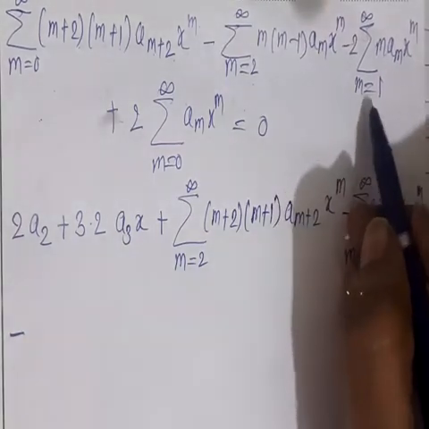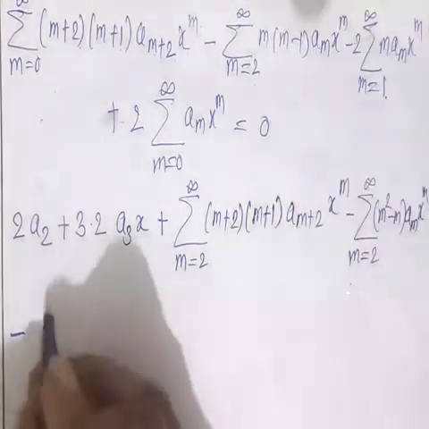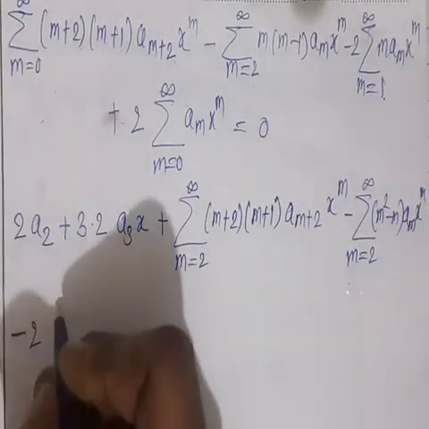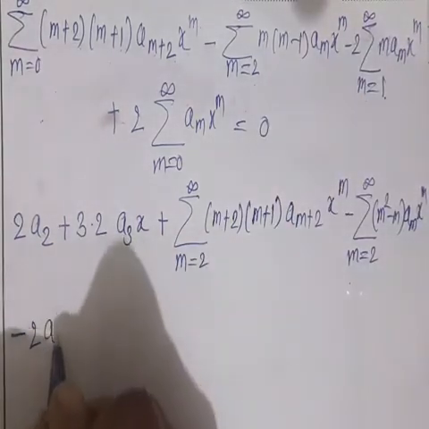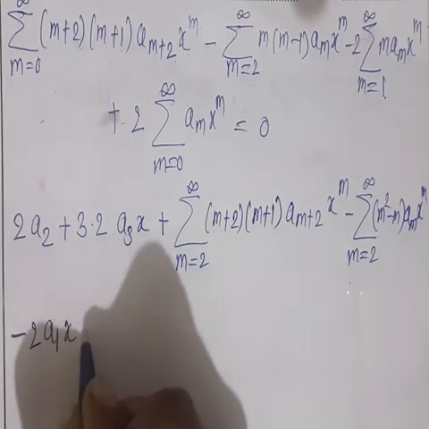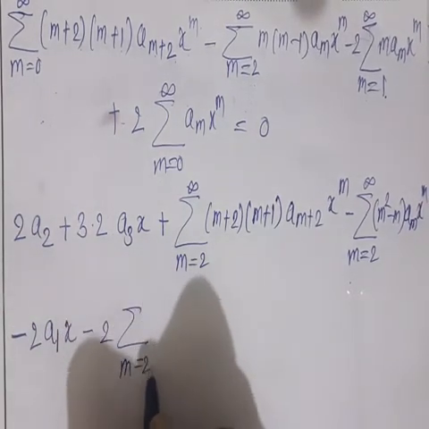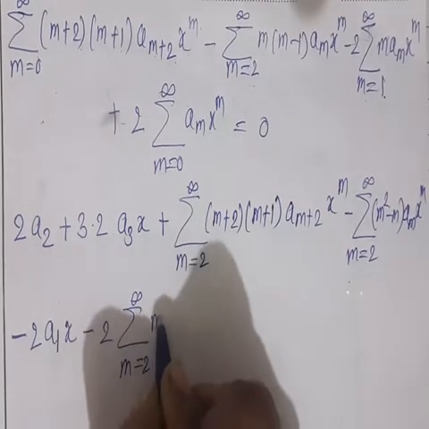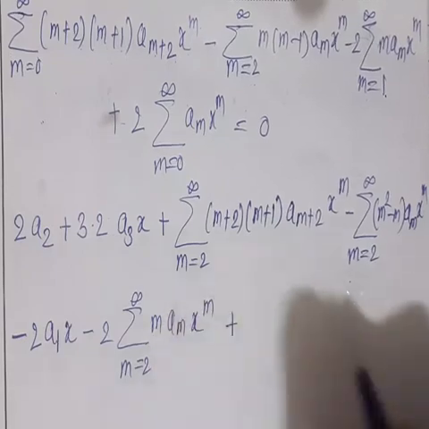Now next is m is equal to 1 to infinity, but we want 2 here, so put m is equal to 1 here. So it is 2 times a1 x to the power 1, so a1 into x, minus 2 times summation m is equal to 2 to infinity m multiplied by am x to the power m, plus